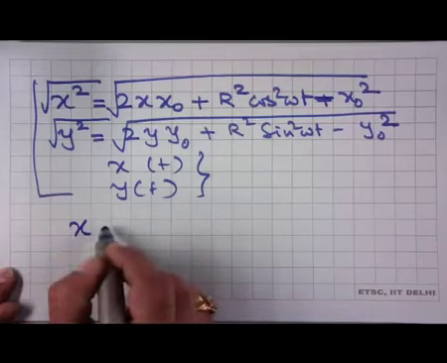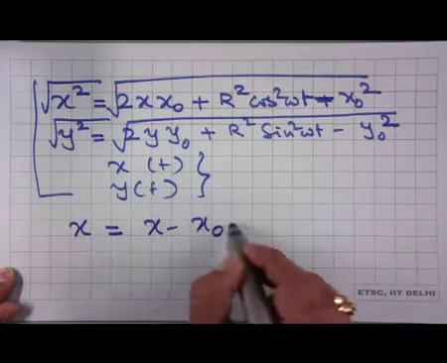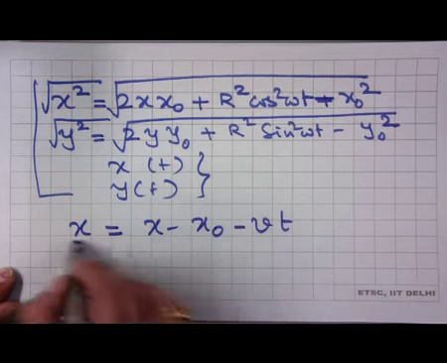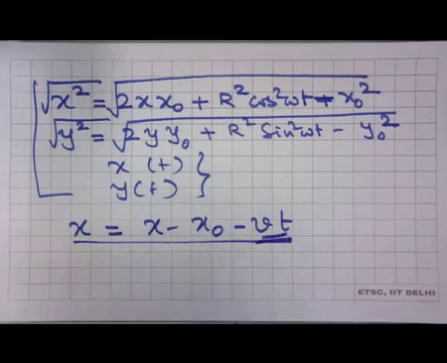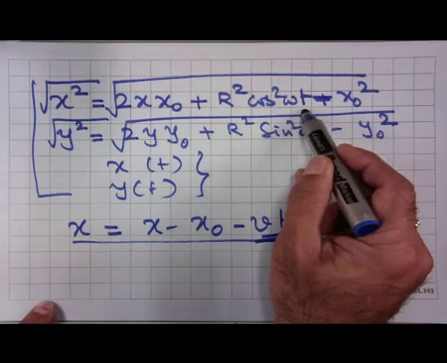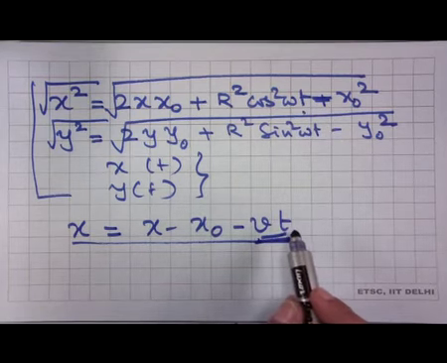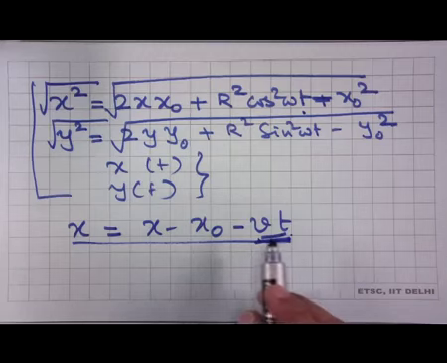Now what will happen? With respect to me, this will be something like x minus x naught minus vt, because I am moving with a constant velocity. Now if I open up, you can easily see that not only will I have a cos squared omega t term, there will be vt, v squared t squared, and so on and so forth. Now I have got a very, very complicated equation.